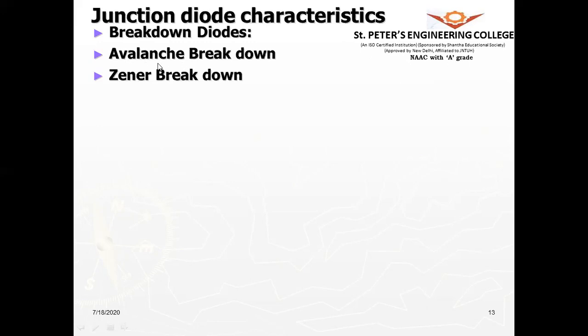Such a breakdown we call the avalanche. That means because of the application of this large voltage, the charge carriers break their covalent bonds, and thereby they become free and contribute to the current. That process we call the avalanche multiplication process. So the breakdown that occurs in lightly doped diodes is called an avalanche breakdown. And of course, both these breakdowns do not destroy the diode.